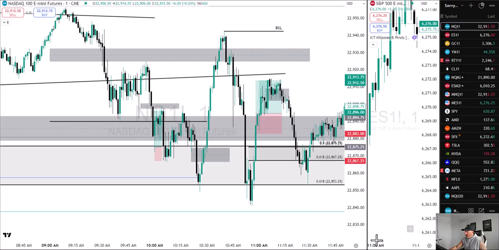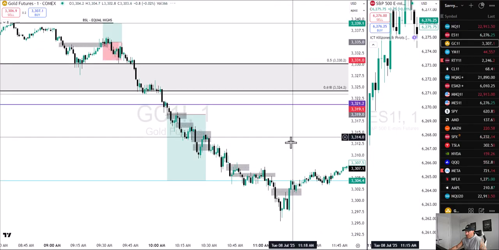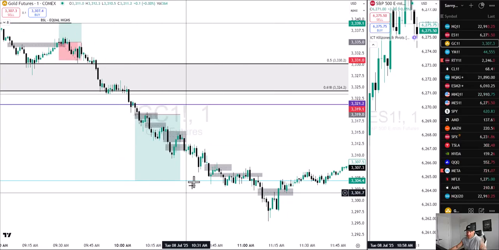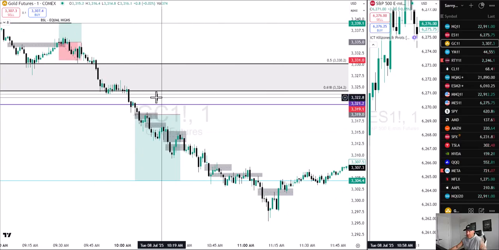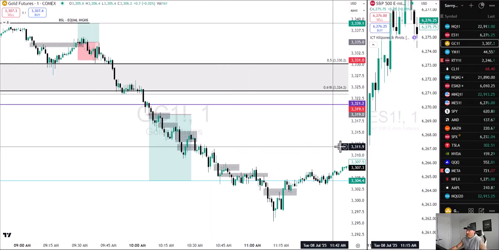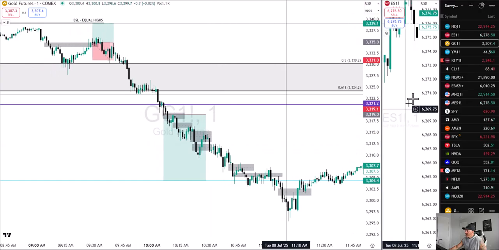We got 20 points. So the same model printed right here. But either way, the trade of the day was definitely our level trade on gold. Beautiful trade. Monster trade, actually. I know some people, shout out to Astrid, I know she got this whole move. So that's it, really. Anyways, everybody should be green on the day.